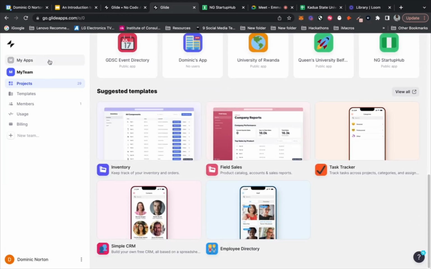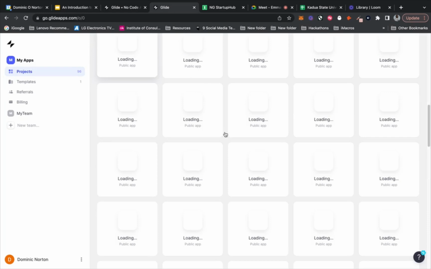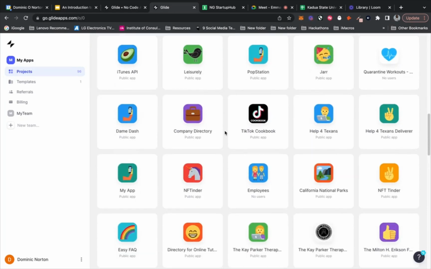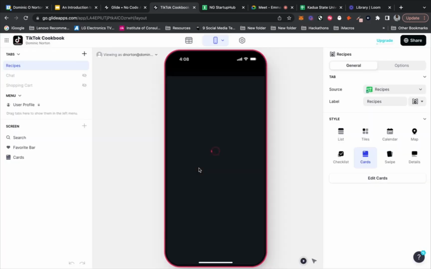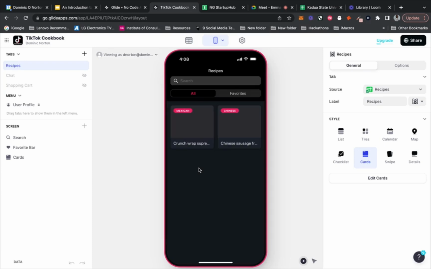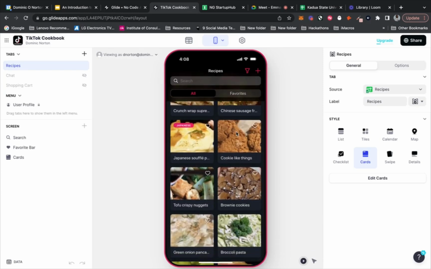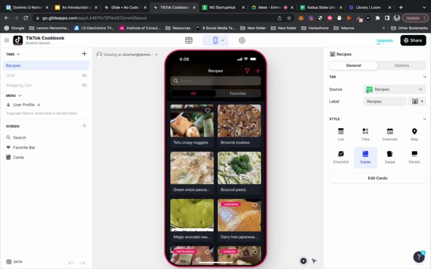One that I do like that I did. Oh, this was really popular. So it doesn't work now, but this one was really popular at a period of time, and I launched it. It was a TikTok cookbook, so I had all these TikTok recipes.